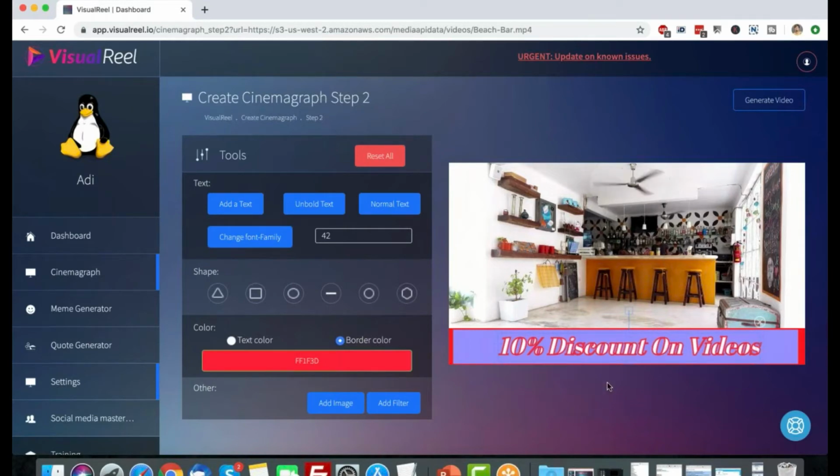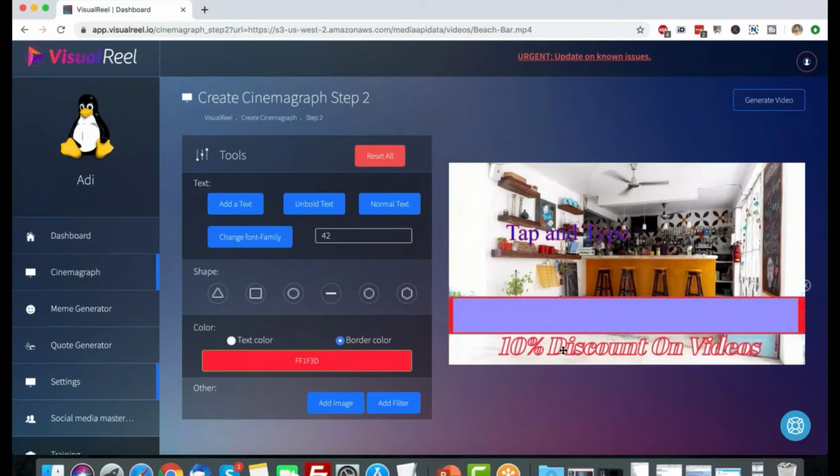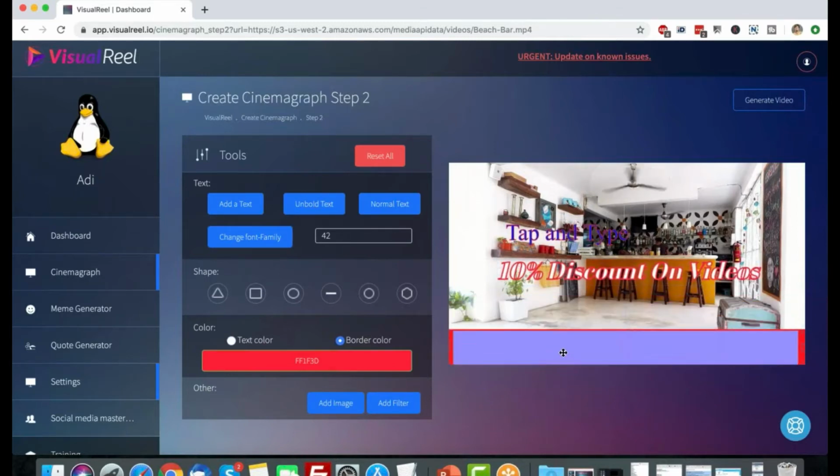Now, if I want to add more text, I can click again on add text, and it will add text. Now, this text hasn't disappeared. It's just gone behind this. Okay, so what you want to do is make sure you add as much text as you want. Then you customize your boxes or your figures as you want. And once you've done changing the color or editing the text, only then try moving and placing them.